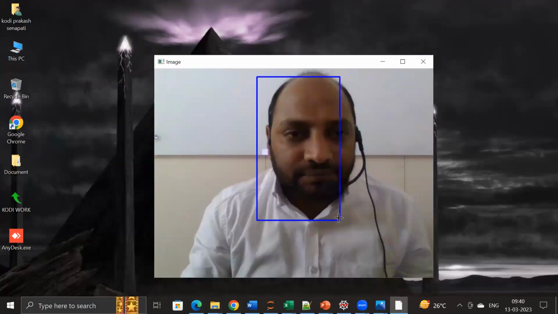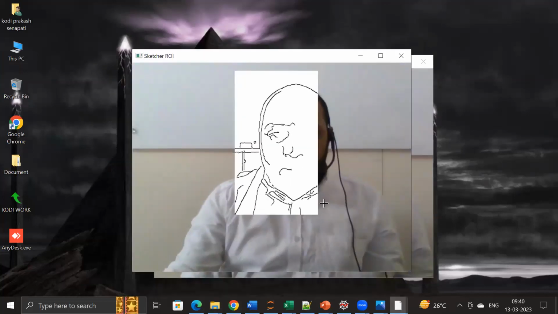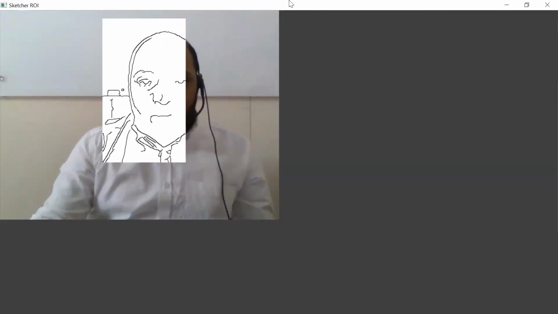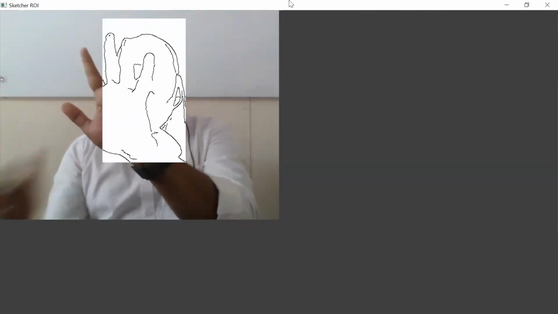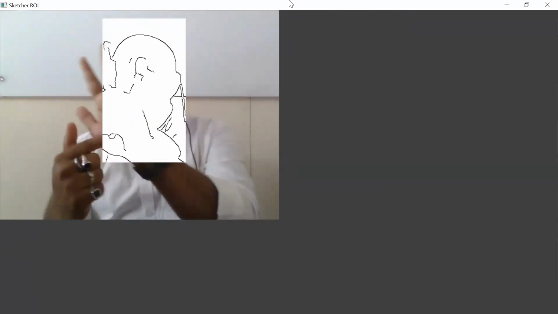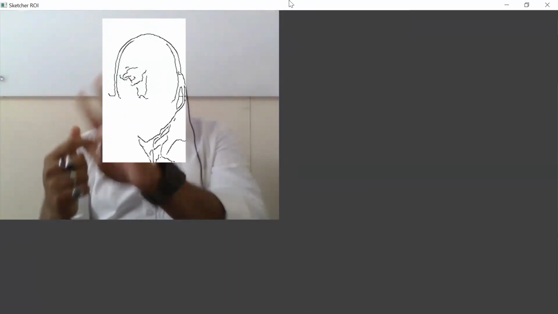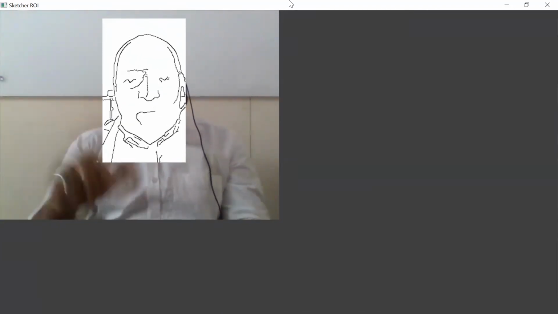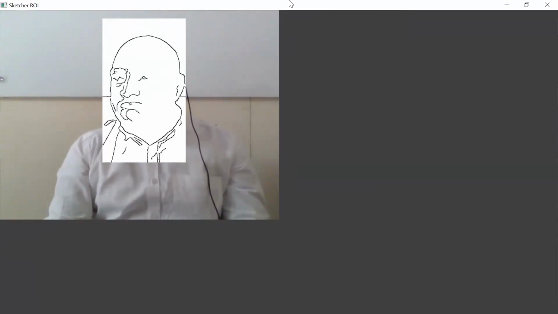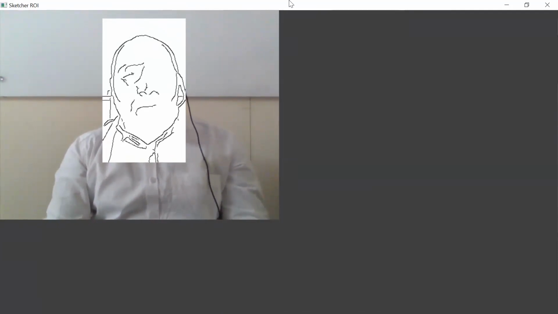Did you see? Let me close this and I'll make it enter. So what exactly happened? In this image, whatever you keep, it's only the edge detection, right, guys? You can't see your face, but you can see the edges. It's not cartoonify, but still you can find the edges of your face. Who did all those things?